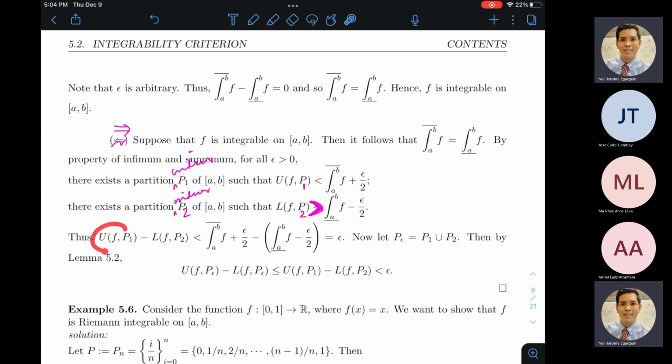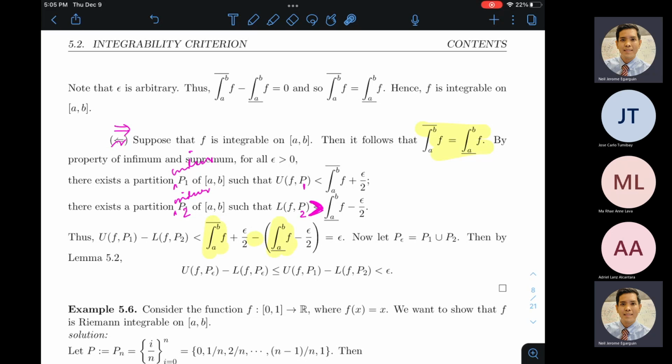Alright? Ang ginawa ko kasi ito, pinalitan ko ng something larger. So, mas malaki yung minuend. Tapos, mas maliit pa yung subtrahend. Right? So, therefore, the new difference that I get will be larger than the original difference we had before. Okay? So, ito yung bagong difference na sinasabi ko. And then, what do we have here? Well, upper Riemann sum minus the lower Riemann sum. But our assumption is that f is Riemann integrable. Therefore, the upper and the lower Riemann integrals are equal to each other. So, this guy minus this guy is just 0.